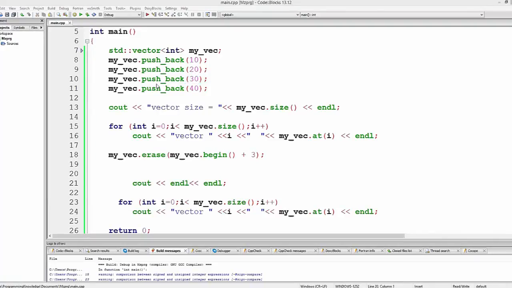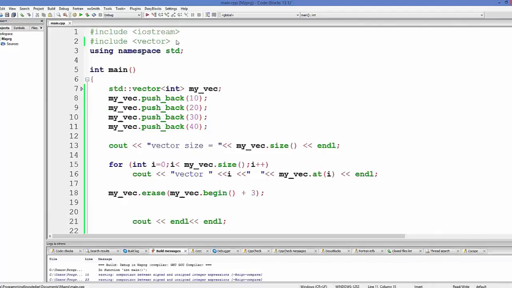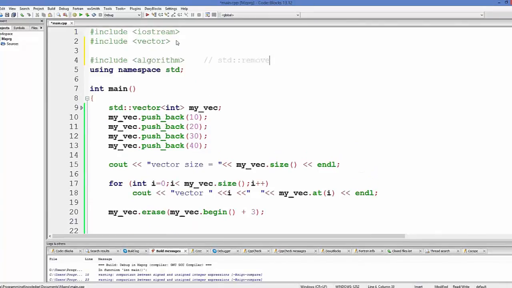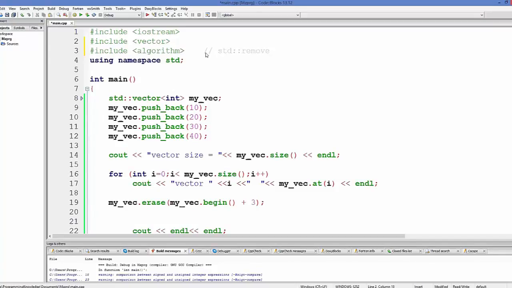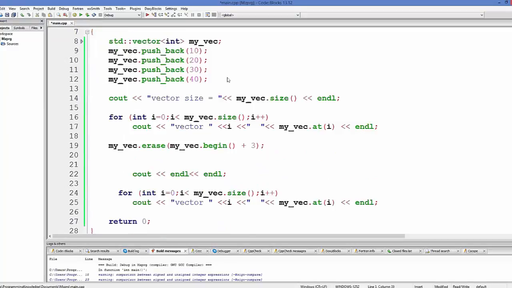What you can do is we will add another library to remove, which includes this include algorithm, which has the method called std::remove. Then we are going to copy this erase function once again, and in the erase we will write some arguments. So this argument will be std::remove,